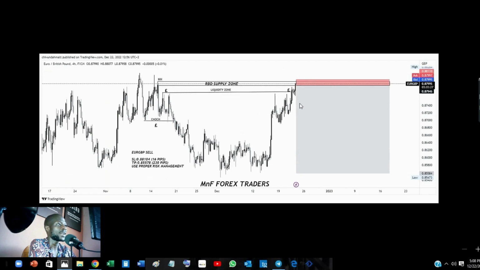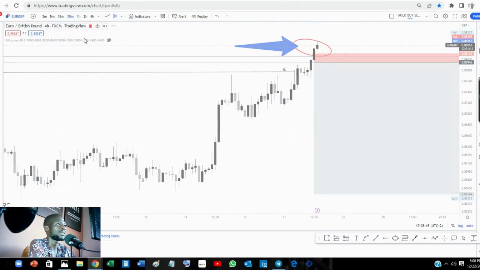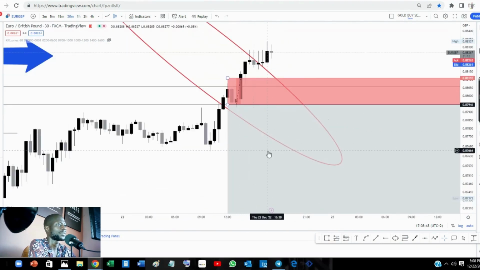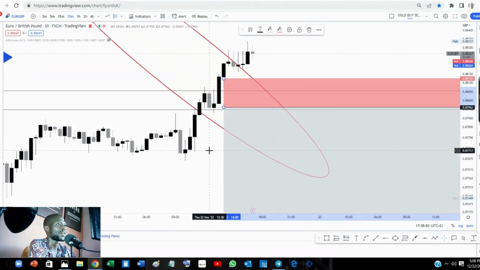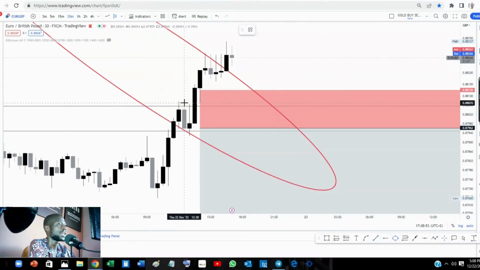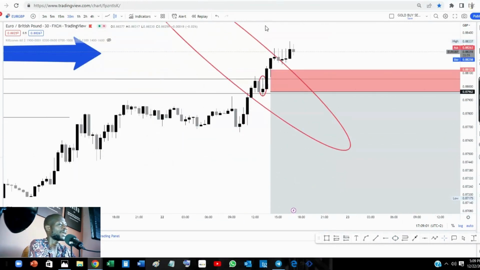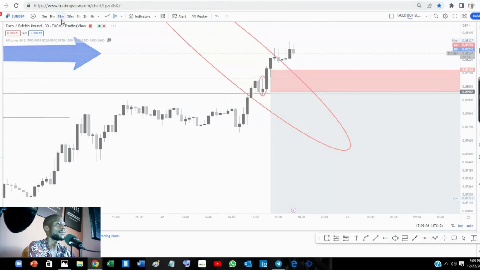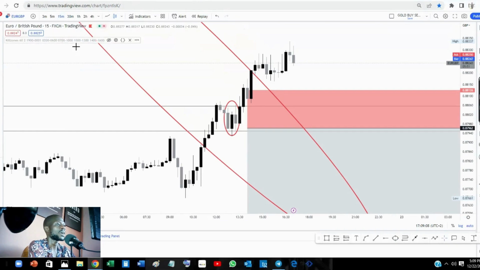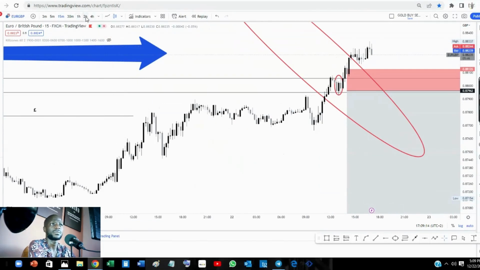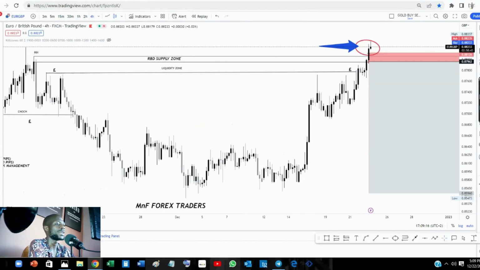I mean, this was a very, very nice setup right here. If you look clearly, let's go back to the 30 minutes time frame. Yeah, it was this level here. We had this nice rejection right here. We had this nice rejection here. Okay, this is what we had. And then guess what happened after that? We saw the market pushing with a big momentum to the upside just after giving us that entry confirmation right there. So you have to understand that at any particular time, anything can happen,